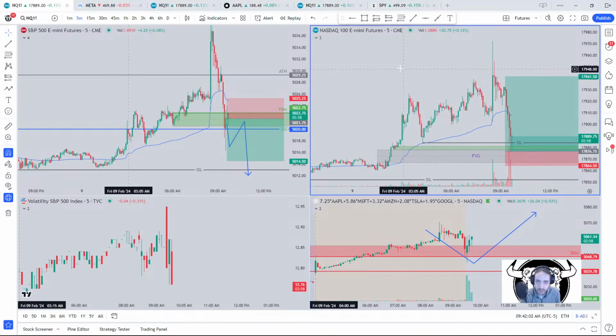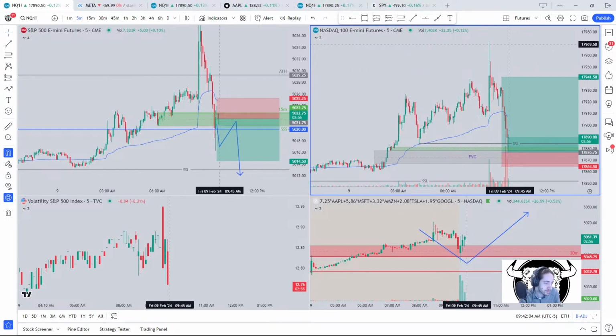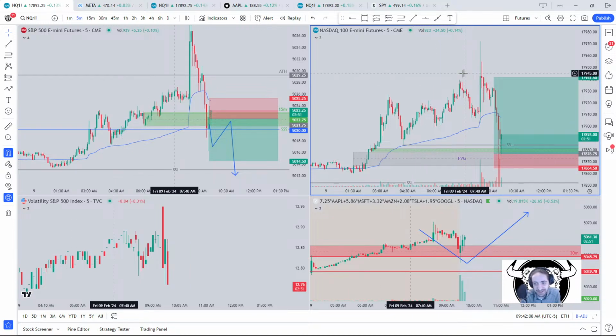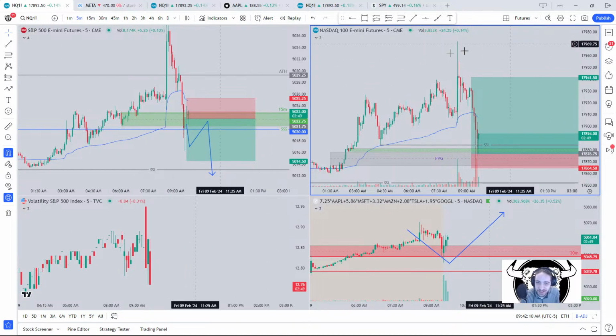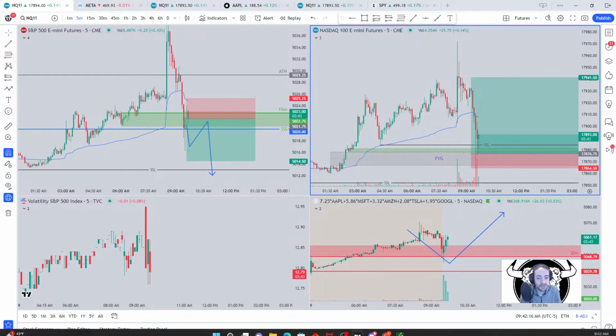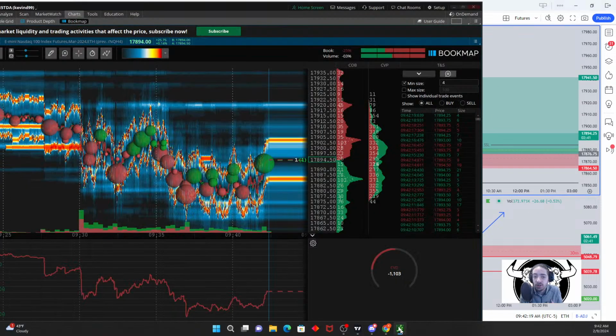Should be a robot. Beep boop boop. Longs. Beep boop boop. Stop loss here. Beep boop, risking this much. Like, you know what I'm saying? Like, no joke. Trading is a business. It's our business. We have to take it seriously, and we just have to execute. We're in charge of ourselves.